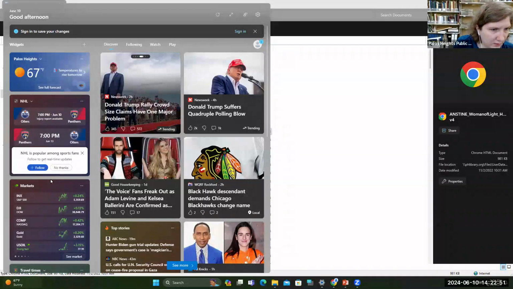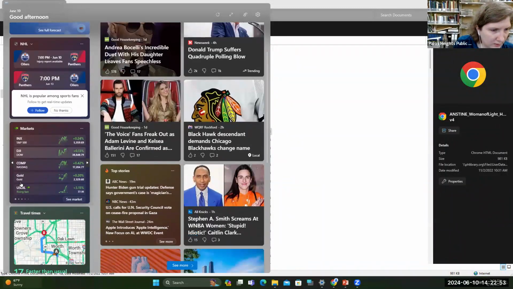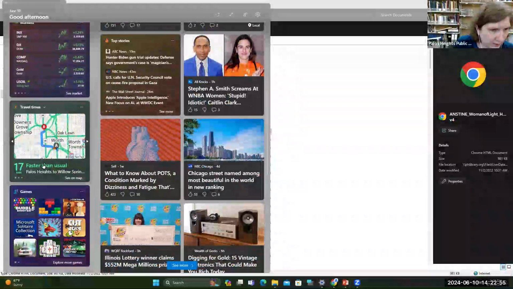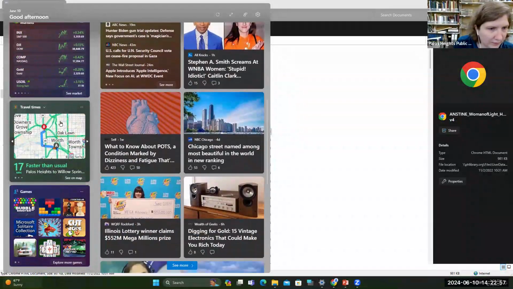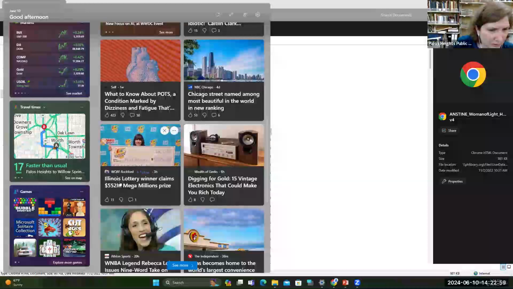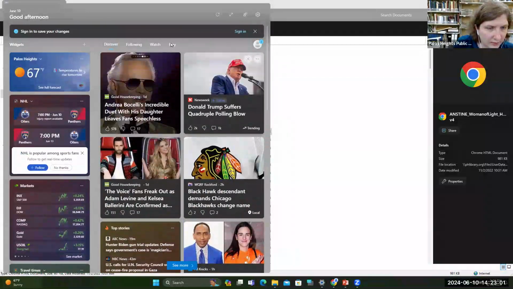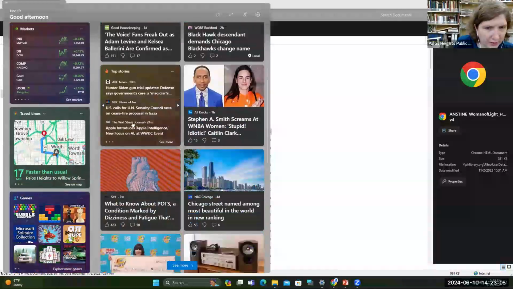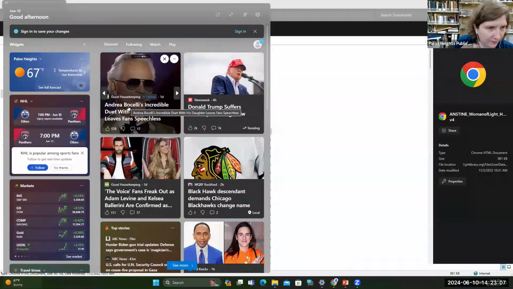We have our sports, stocks, travel times, like traffic, games, and then it has kind of random news articles from around the internet. But you can set which news sources you want those from.